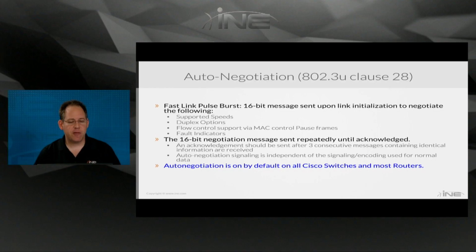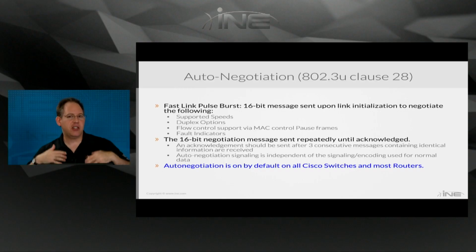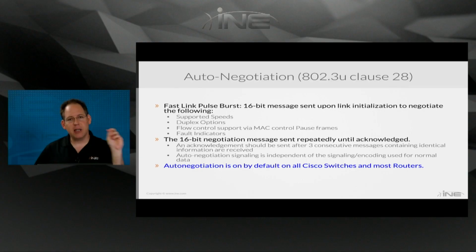So auto negotiation falls originally, when it was first developed, under the 802.3u specification under the clause 28 section. And here's how auto negotiation basically worked. Before auto negotiation existed, back in the days of just 10 megabit per second Ethernet, old style Ethernet, as soon as you plugged in the cable to either end, the NIC card connected to that cable would start sending out a little pulse, a little heartbeat. It was just a single electrical pulse every few milliseconds. It was every 16 milliseconds this pulse would go out, and that was called a